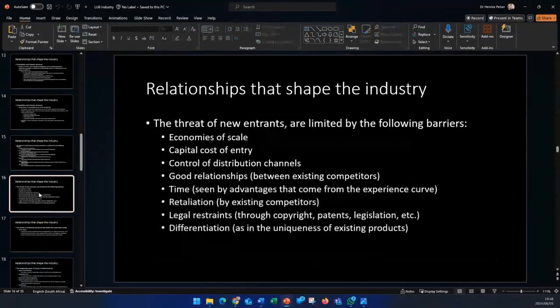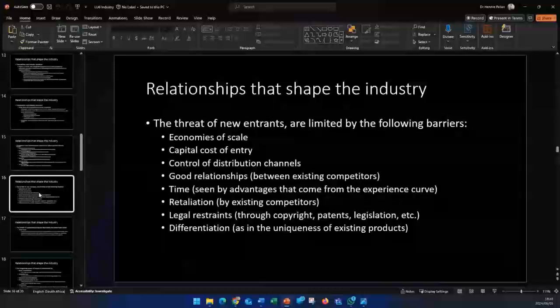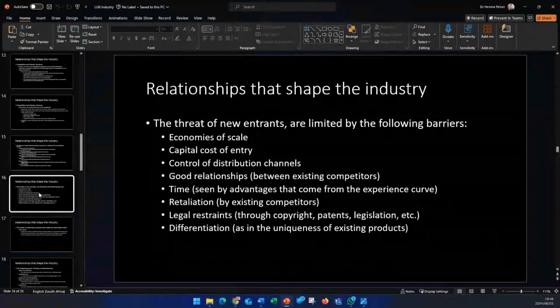Guys, the next one is the threat of new entrants. We constantly look at new entrants coming in, and if we were doing this preparation last year, I would have told you about Amazon wanting to come into South Africa, because that was the threat back then. But we have tons of online sites springing up, which will be in direct competition with, for example, Takealot. Be aware that these are there. And again, tell us why it's so difficult for new entrants to come in, because of getting through the experience curve, what the locals might do, etc.